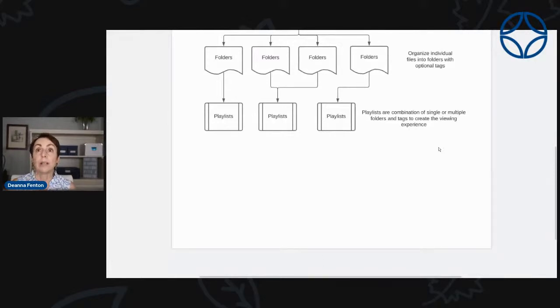Playlists really provide the first level of visual access for your audience, because you can see all the videos in a playlist, and watch them in order and search them and view and download transcriptions.